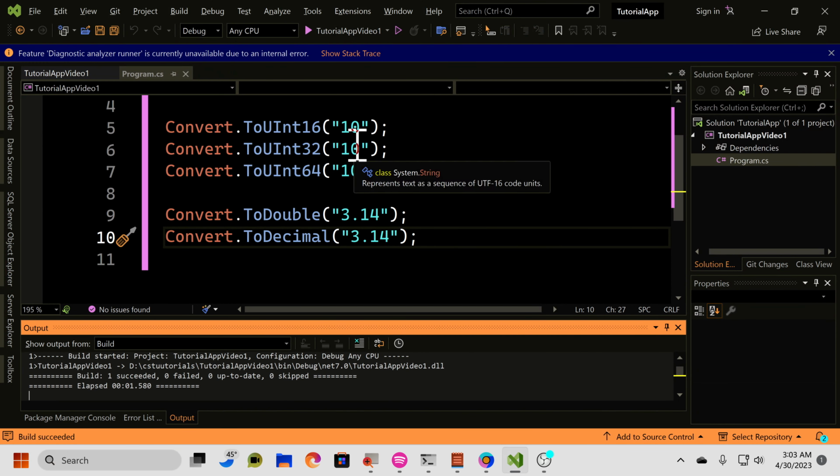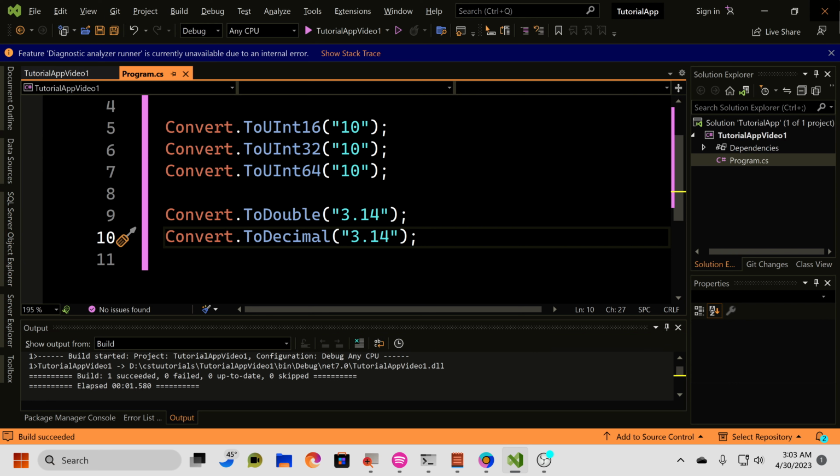And in this video we are going to be continuing on with our C# tutorial series. And in this particular video we are going to be taking a look at some of the methods to convert from one data type to another